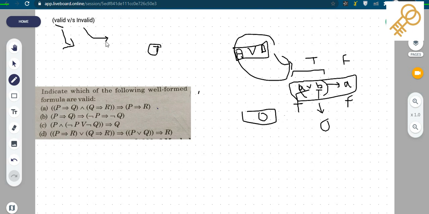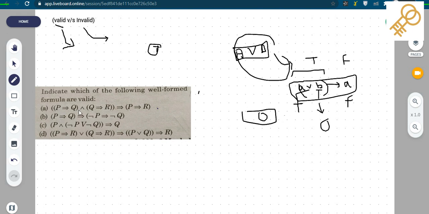Now for the valid relations, as we know that the whole result should be true, in that case also we will try to prove the false value, because if we are able to find a false value for any combination, this will not be valid anymore. Let us move towards the example. It was asked in GATE for 2 marks.